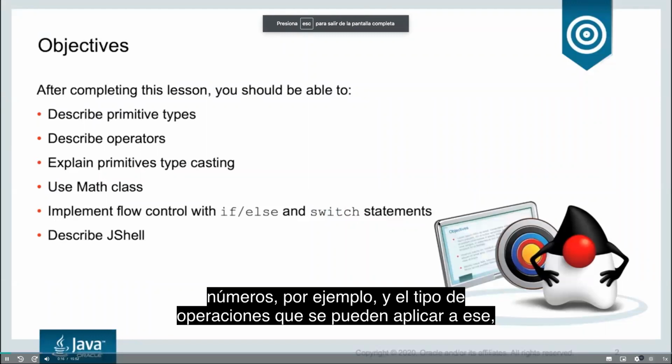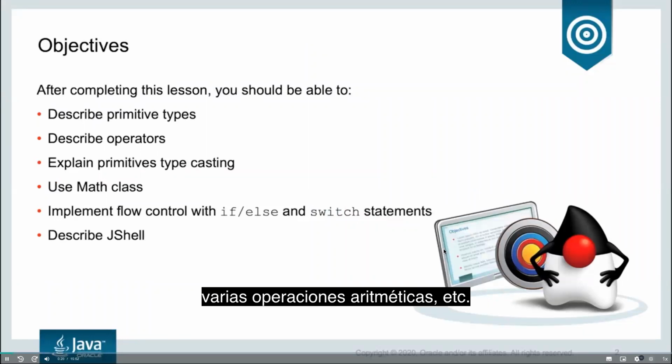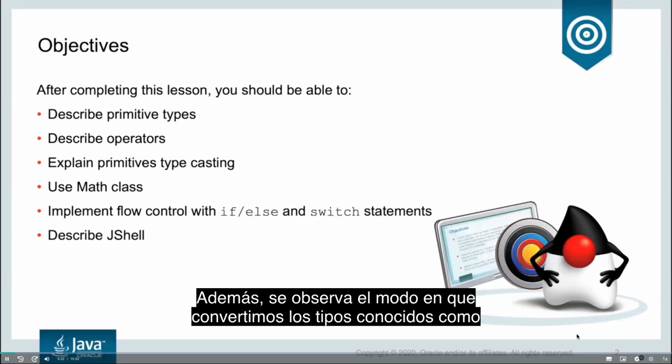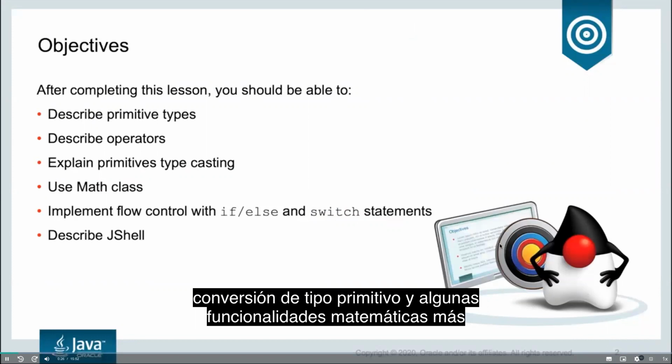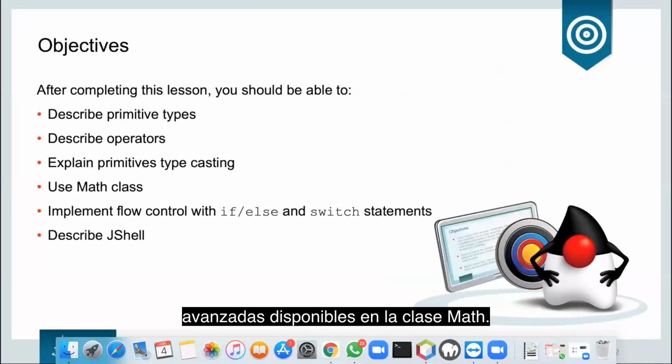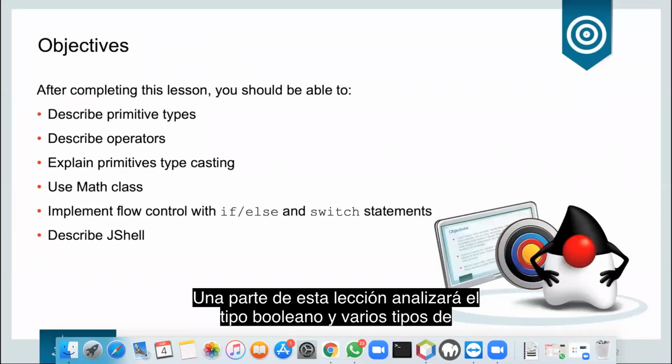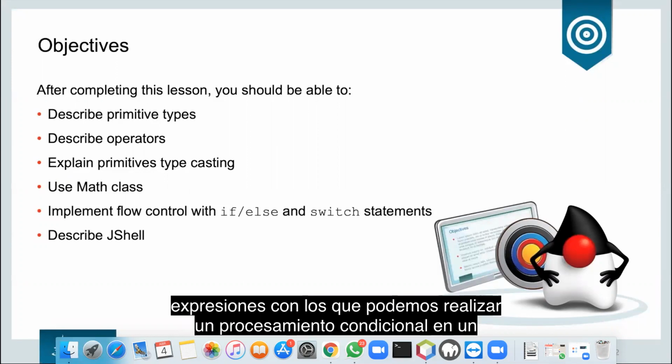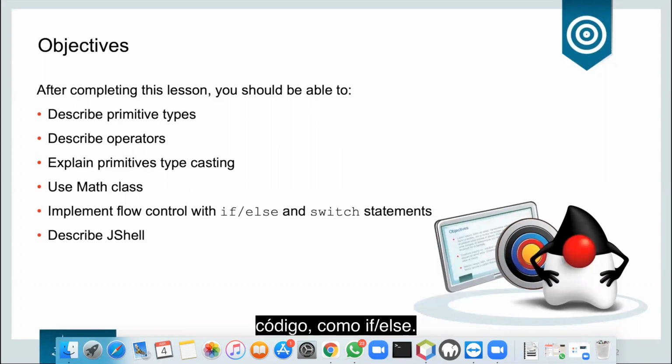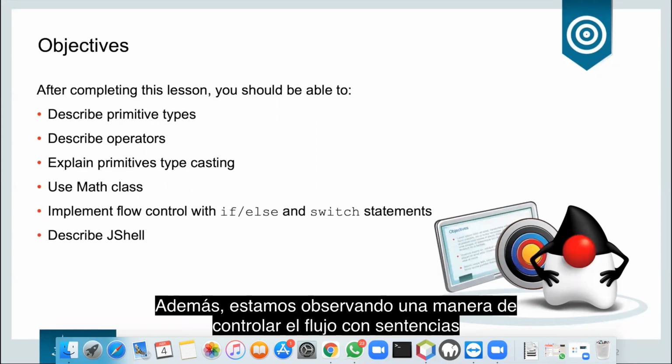Sort of operations we can apply to various arithmetic operations, etc. We're also looking at some more advanced mathematical functions that are available. Part of this lesson, we discuss Boolean logic, how to do conditional processing in code like if else, and also we're looking at a way to control flow with a switch